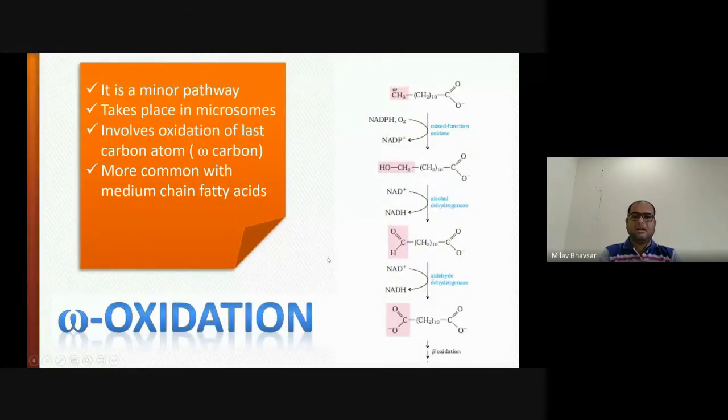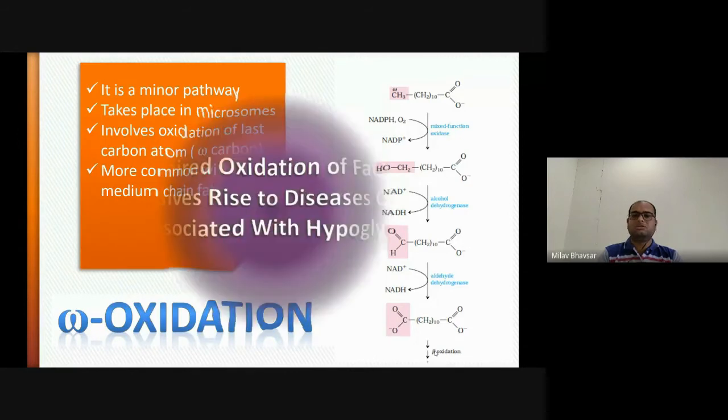So how does it happen with the omega oxidation? Another minor pathway. What happens is it starts from the omega end, the methyl end. So it goes backwards compared to the beta oxidation, which goes from the start to the end of the carbon chain. It is coming from end to start. But what happens here is that initially it removes the component, then again goes into the beta oxidation. Initially it generates the carboxyl group only.